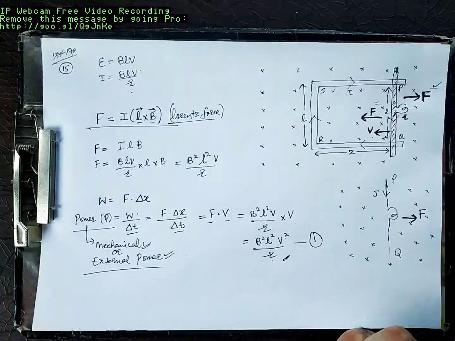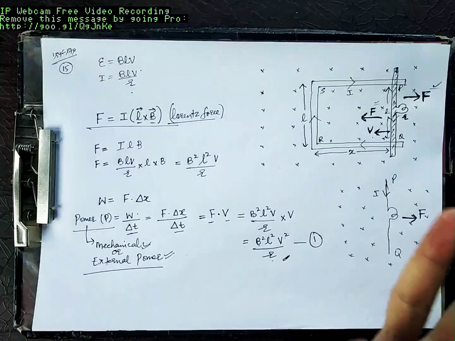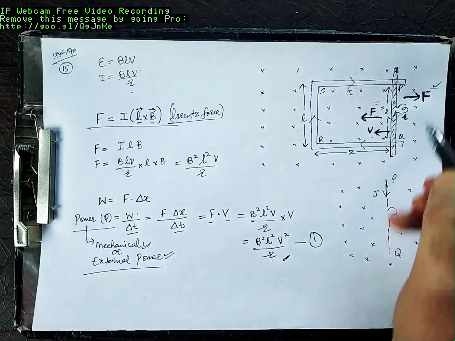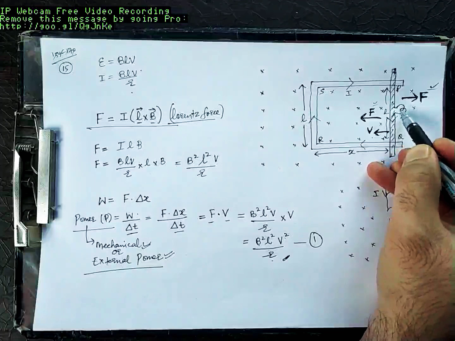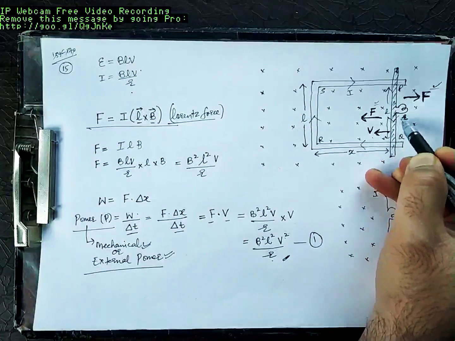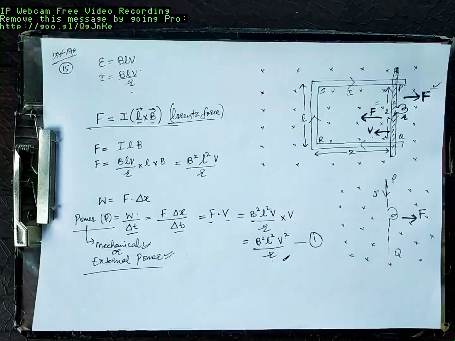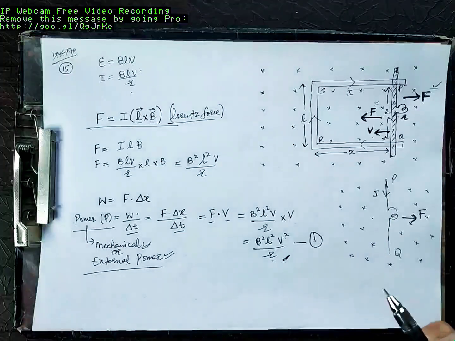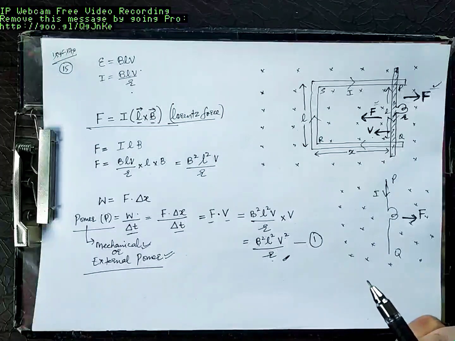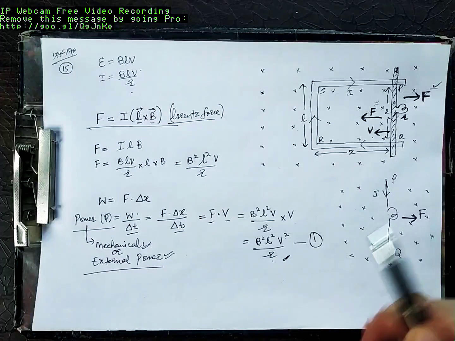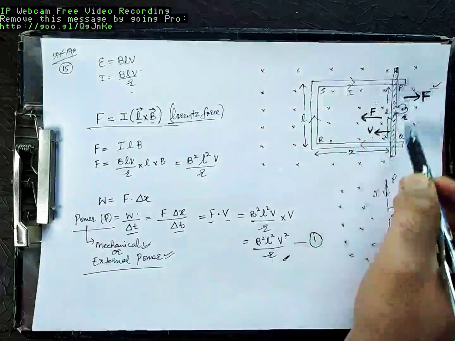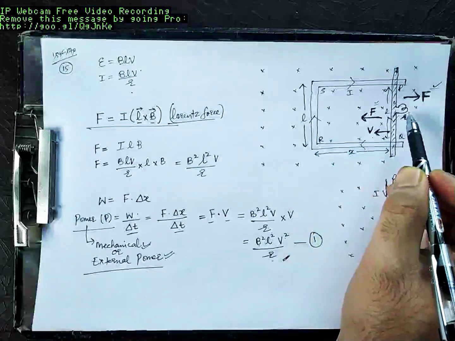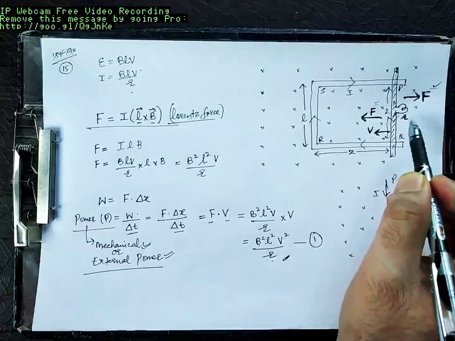Now the question is, sir, where does the electrical power go? That's why I have modified the circuit here. I connected a small bulb. I've assumed that a small bulb of resistance r is connected over here. Let's try to calculate, when current flows through this circuit, will this bulb glow or not? Obviously this will glow. What is the power given by this bulb?